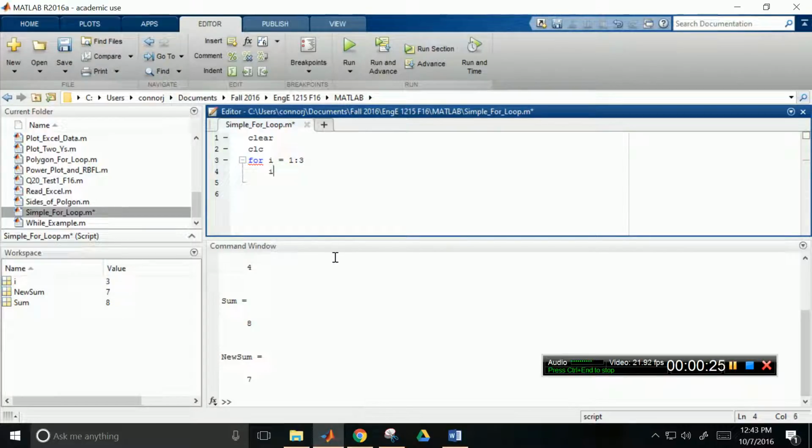And for this demonstration, we'll have it print I, and then end is a magic word. And notice the indentation is all automatic. You want to make sure you keep that. So if we run this,